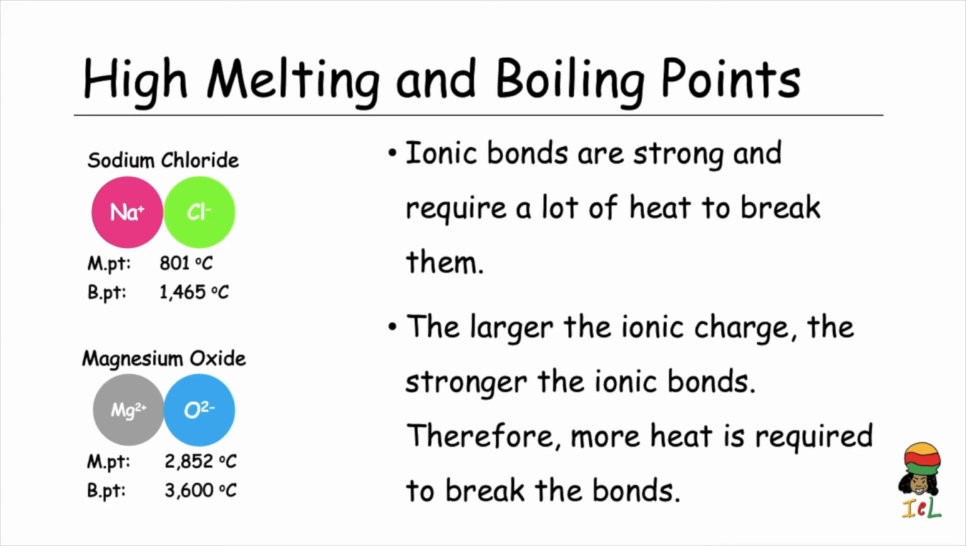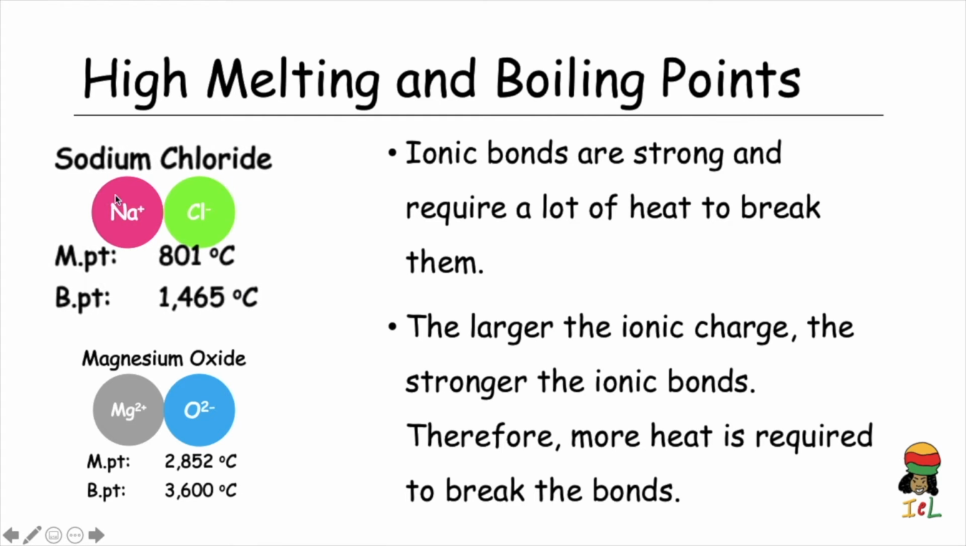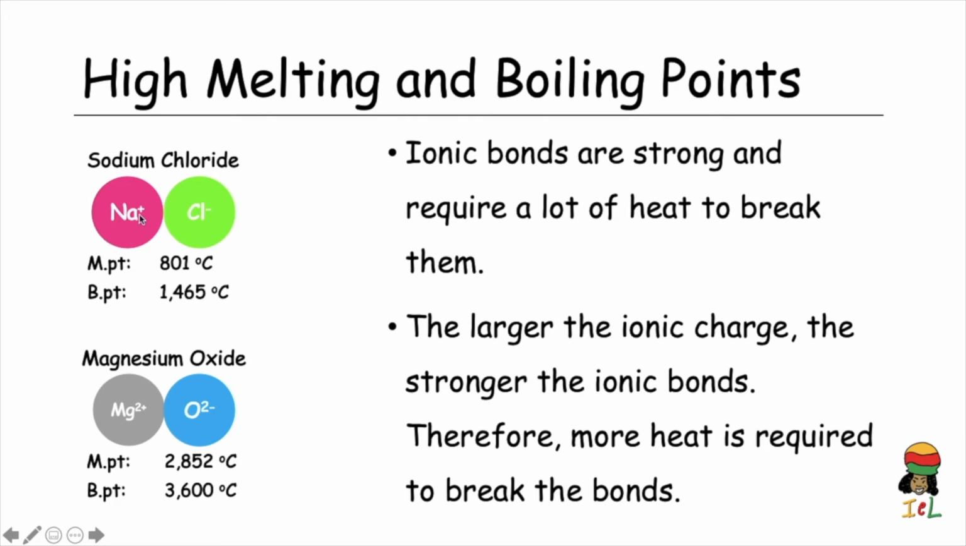The next property: ionic compounds have very high melting and boiling points. As we learned earlier, ionic bonds are very strong. Consequently, it would require a lot of heat energy to break them. For example, sodium chloride, the sodium ion has a charge of 1 positive and the chloride ion has a charge of 1 negative. It melts at 801 degrees Celsius and boils at a temperature of